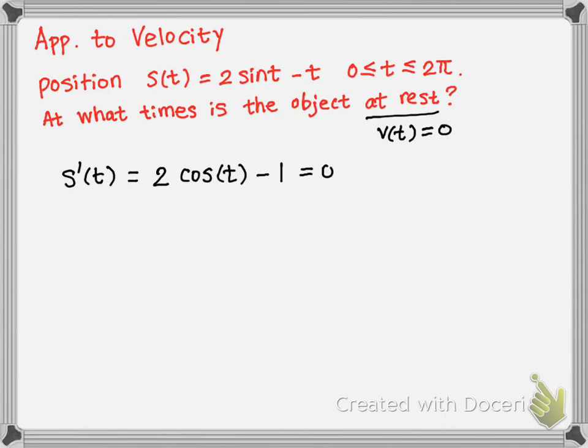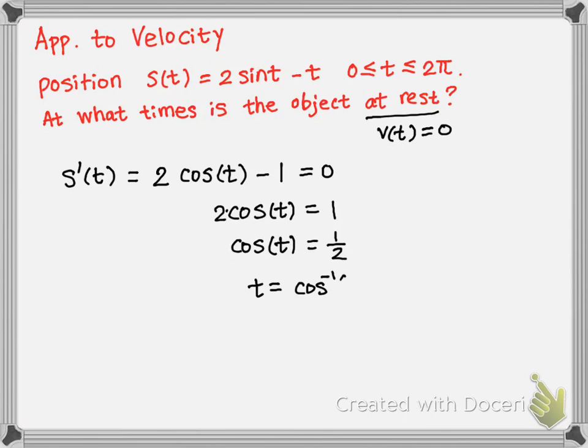So we set it equals 0. So we need to solve this trigonometric equation. We add 1 on both sides. We get 2 cosine of t equals 1. So 2 times cosine t equals 1. Cosine of t will equal 1/2. Now you can use a calculator to find out the t. The t equals